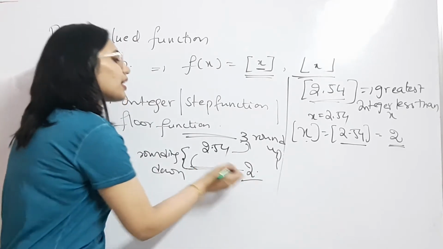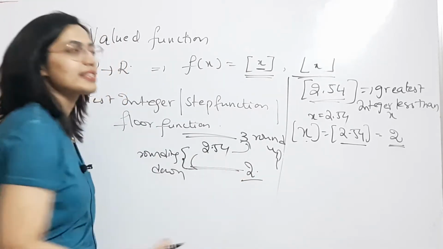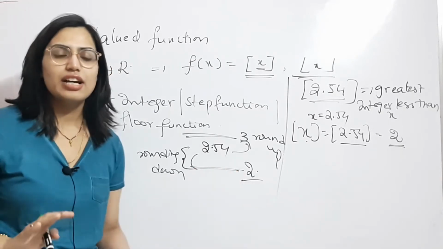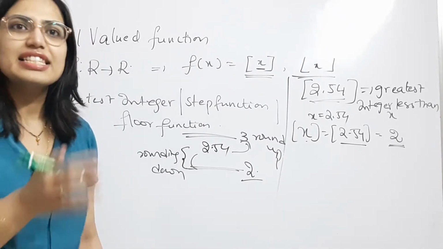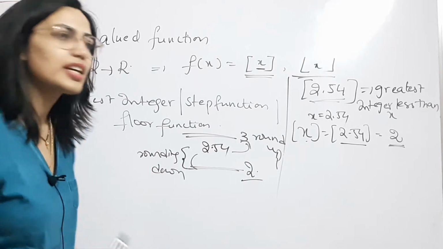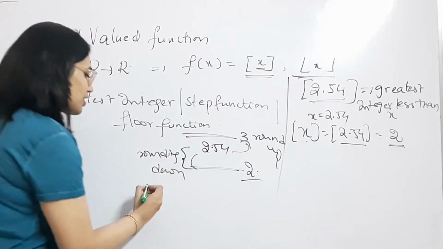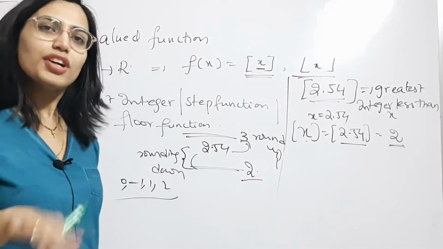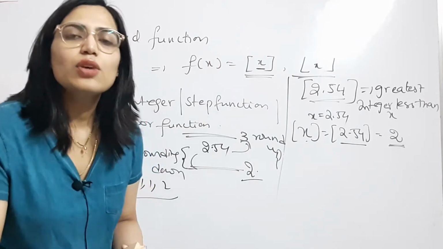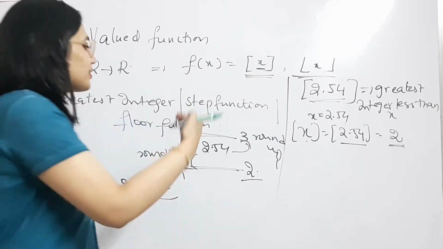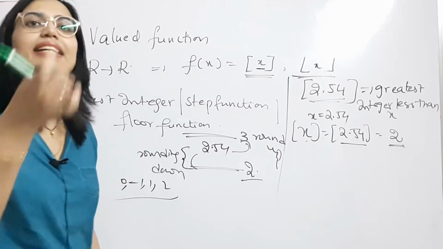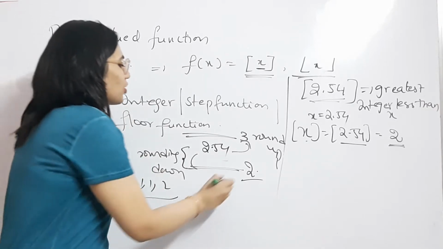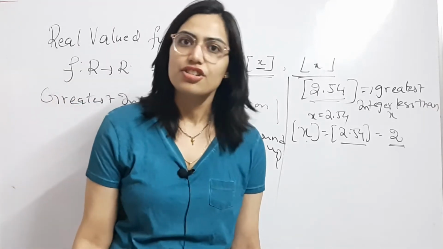That means you are picking up the greatest integer that is less than x. If I ask you to just pick up an integer that is less than x, in 2.54, what will you say? You would say all integers such as 1, -1, 0, 2 are less than x, right? But what is the speciality of the step function? It will allow you to round down the value, and then pick up the greatest value that is nearer to x. That is called the greatest integer function.